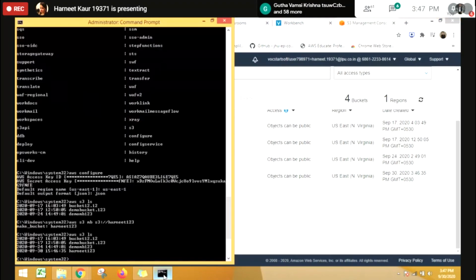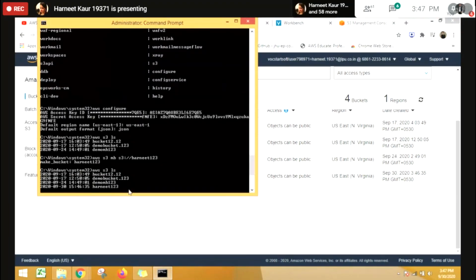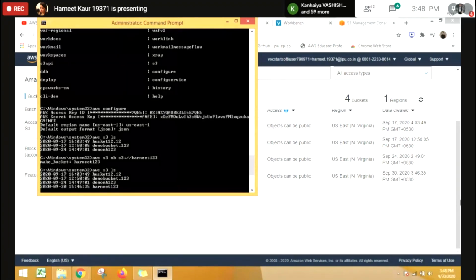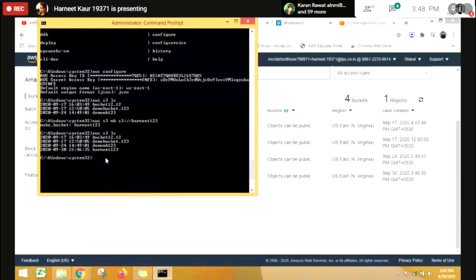So Vinay and Sachin, this was the answer to that question, why I need to update the notepad file. If I do not update the notepad file, then this newly created bucket will not reflect here. Okay, that's why we need to update the notepad or the credentials file, you could say. So let's proceed with the next command.